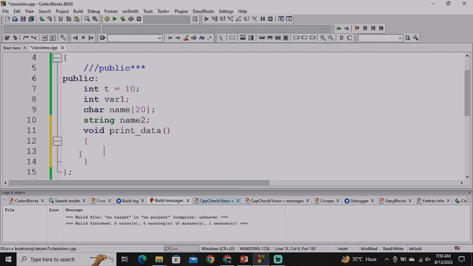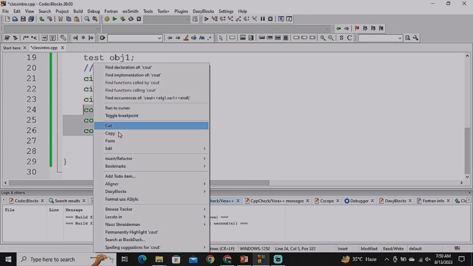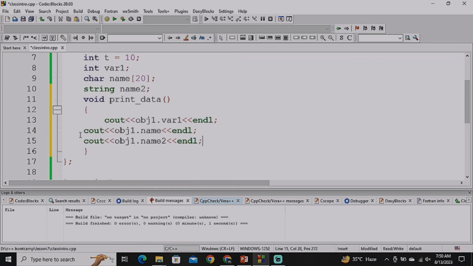So there is no need to mention each and every object name explicitly within the class. So I'll just copy this code from here and paste it over here,